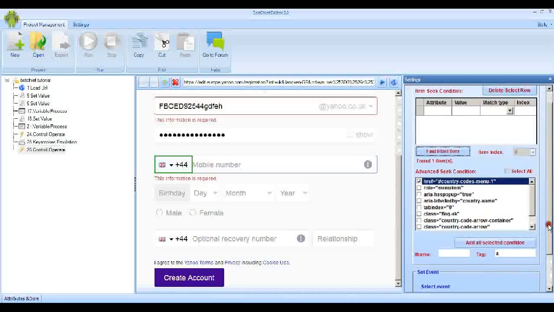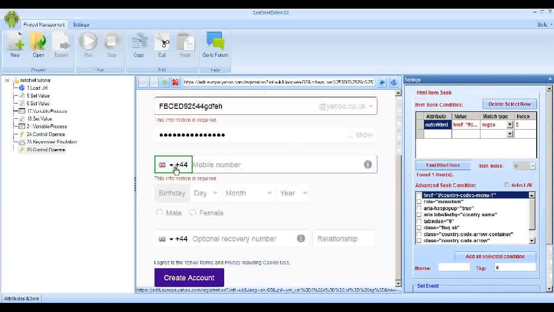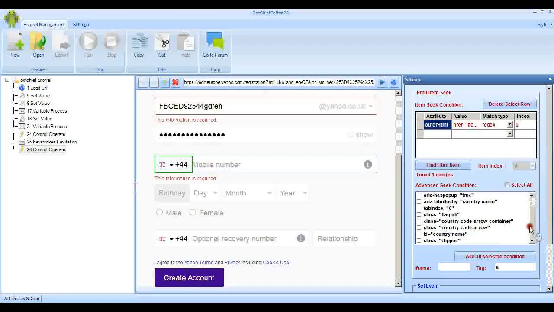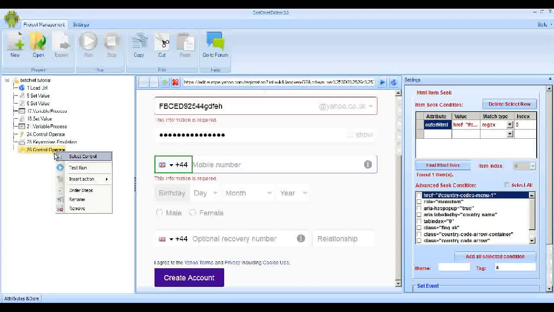All you would do then is add all the conditions to the top part here and then save it. So even though there's 430 odd to choose from when you click in here, we're making Botchief find the exact box, the exact control, by searching for specific conditions. Now, having said that, as I said earlier, I'm not going to use this drop down box. I'm just going to type a number in, or tell Botchief to type a number in. So I'll remove that,